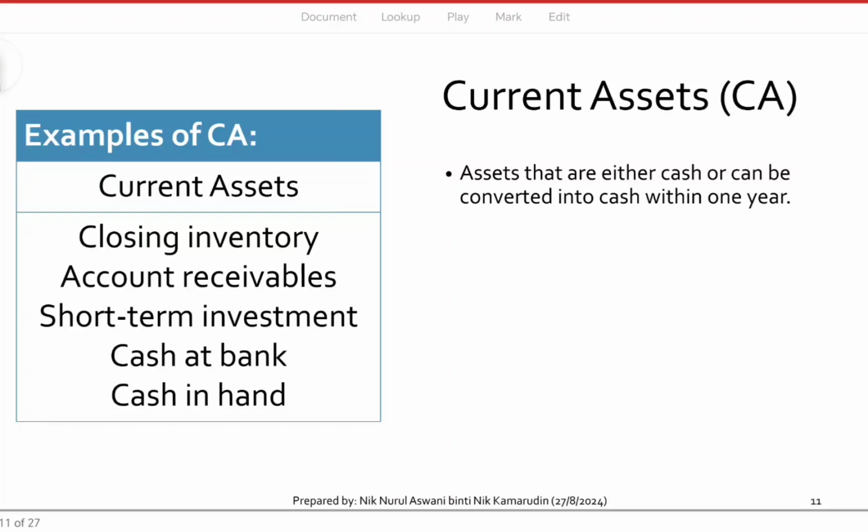The credit terms are usually within 1 year. So that's why when we classify the account receivable, it is put under current asset because we expect to receive the payment from our debtors or account receivable within 1 year, depending on credit term. So you have to refer to the invoice. What are the credit terms stated in the invoice? It could be within 30 days, it could be within 60 days, 45 days, 90 days, or 120 days, and usually not more than that.